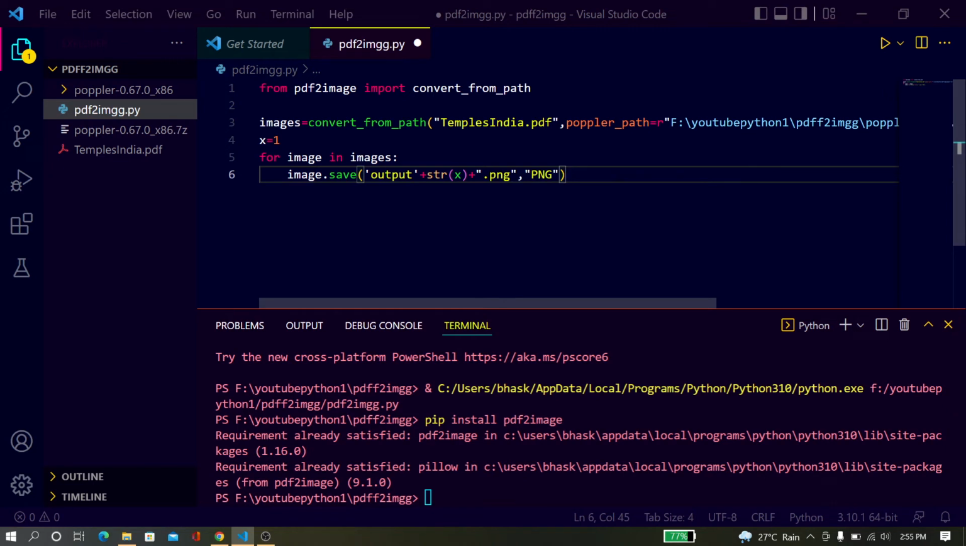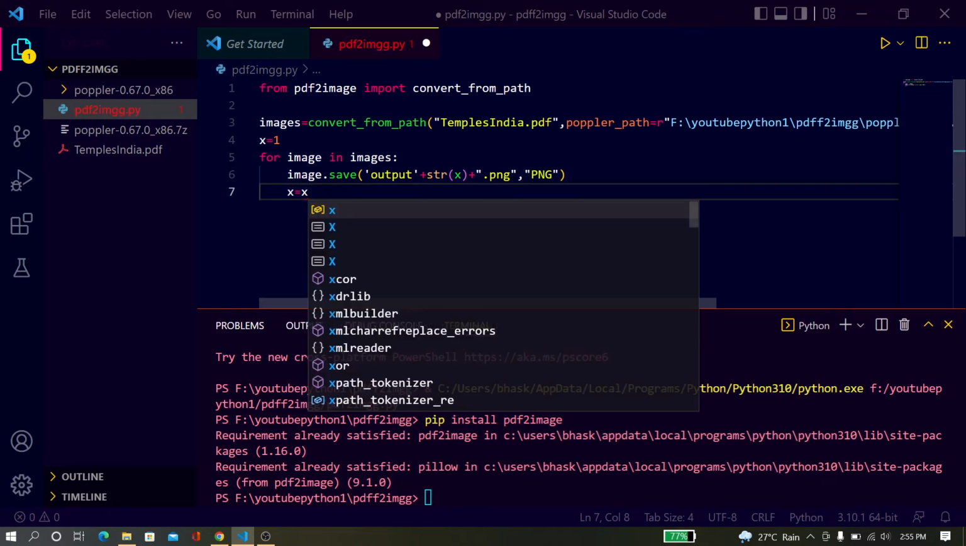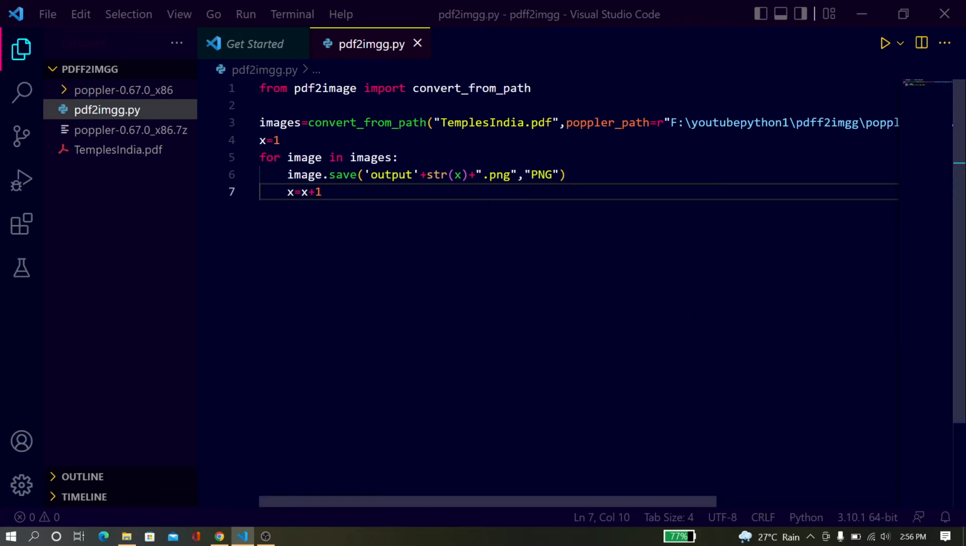Okay, so now increase this value of x by 1. So here it's very simple, x = x + 1. Otherwise you can also use x += 1. Both are same. Okay, so x = x + 1. So I think this is ready, and now just delete it, and all are ready. So just click on run,